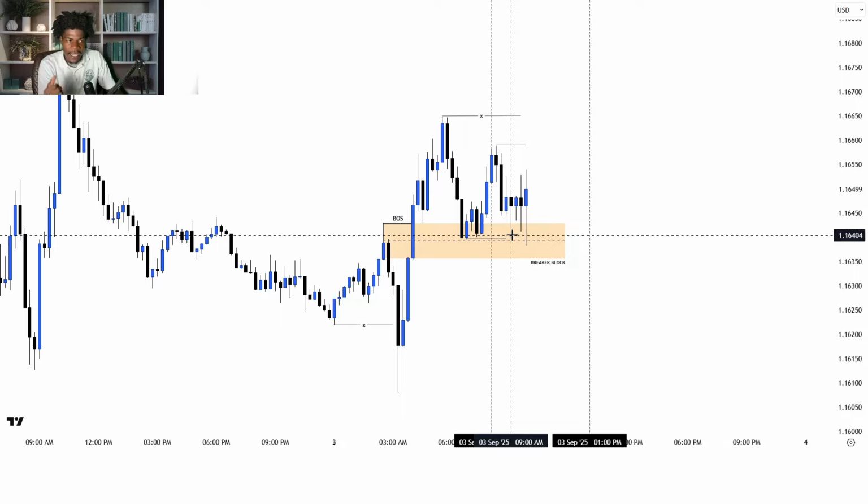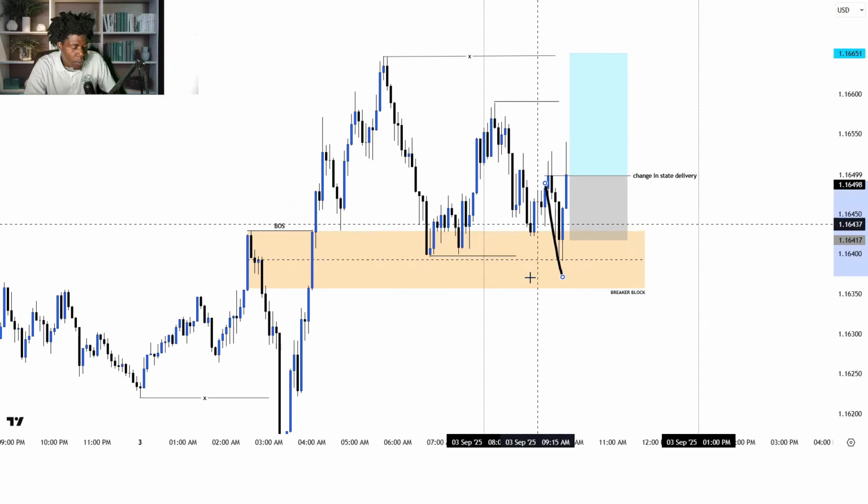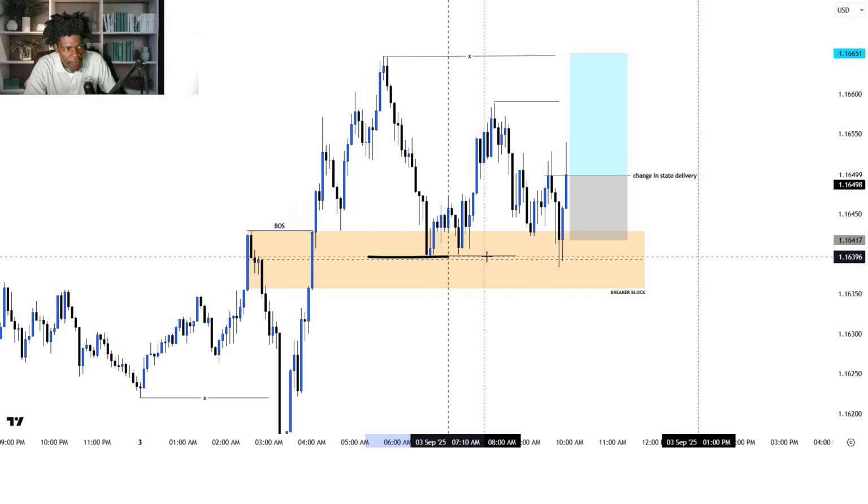Me personally, I like the 5, the 3, and the 1, right? Those are the ones I always check, the 5, 3, and 1. Let's go down on the 5 minutes. Now on the 5 minutes, we see price push down lower and clear these old lows and mitigate the 50%